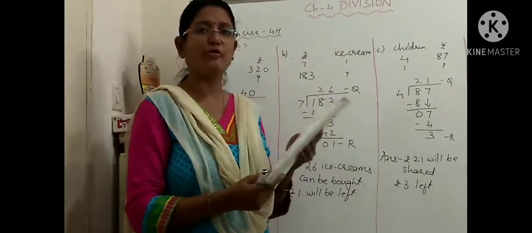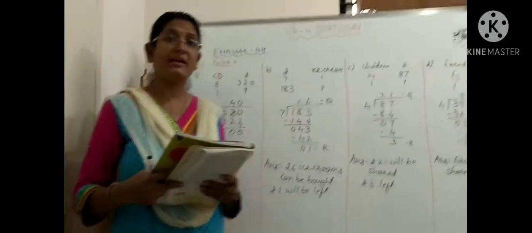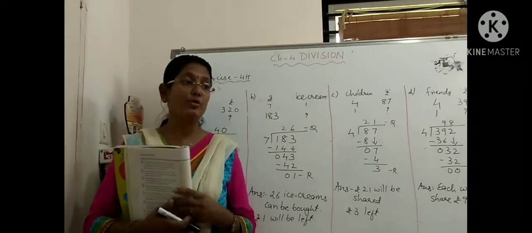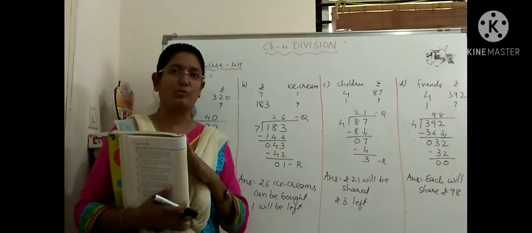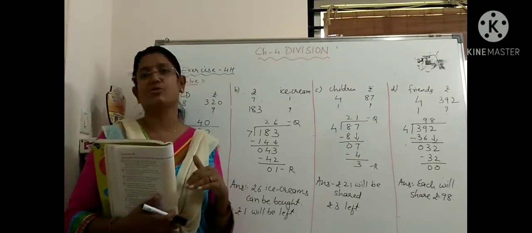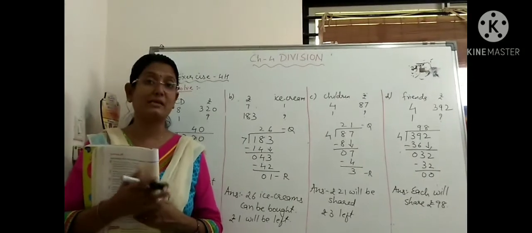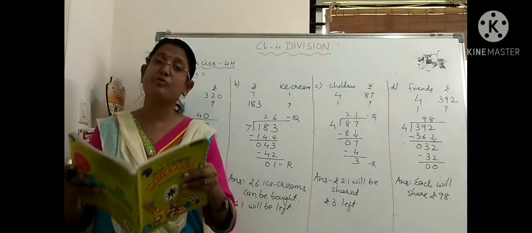I have told you before also, the chapter checkup you have to do on your own. If you want to check it, what you can do is, when I send you the writing part of it, at that time you can check. But first you try on your own, so you understand. If you have any doubt, you can ask me. Right? You will understand whether the concept of the whole chapter is clear to you or not. Right? So here we are ending with our chapter 4 also.